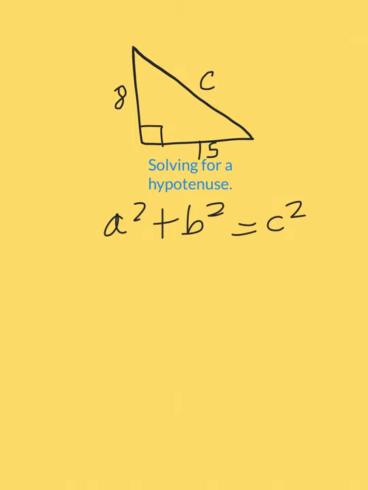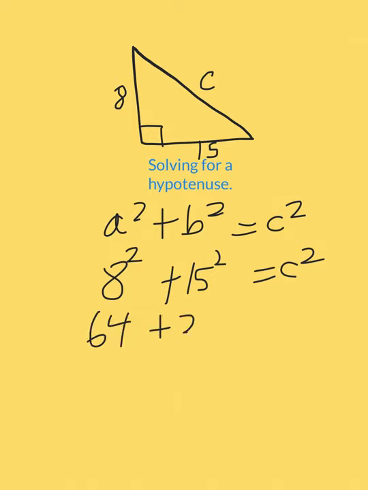It's c. So I'm going to take this information in the triangle and put it into the equation. So we get 8 squared plus 15 squared equals c squared. 8 squared is 64. 15 squared is 225, equals c squared. 64 plus 225 is